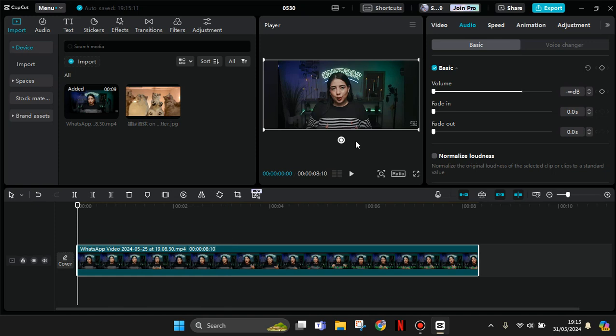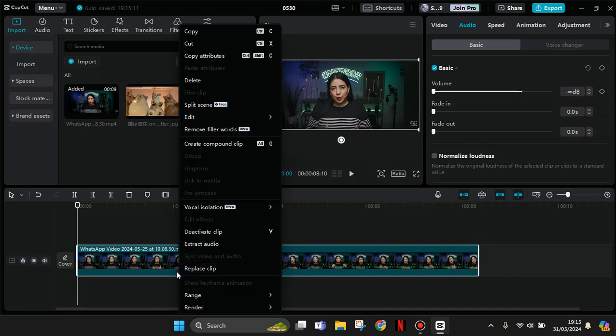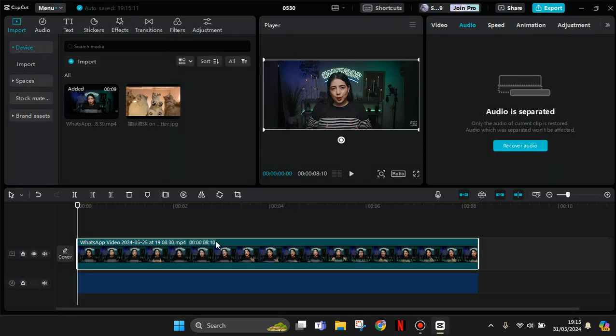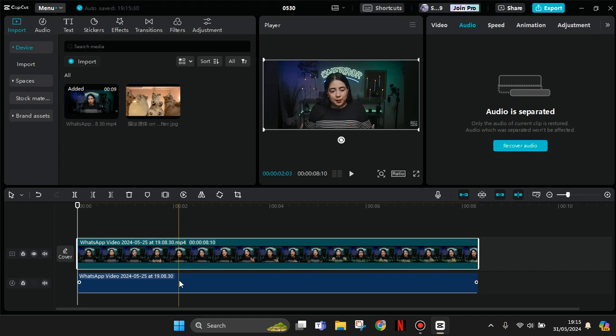And the second option to remove the audio, you can just extract the audio first. So let's right click on the video here on the timeline and choose the extract audio option. After that, the audio will be at the bottom, and you can just click on the audio,